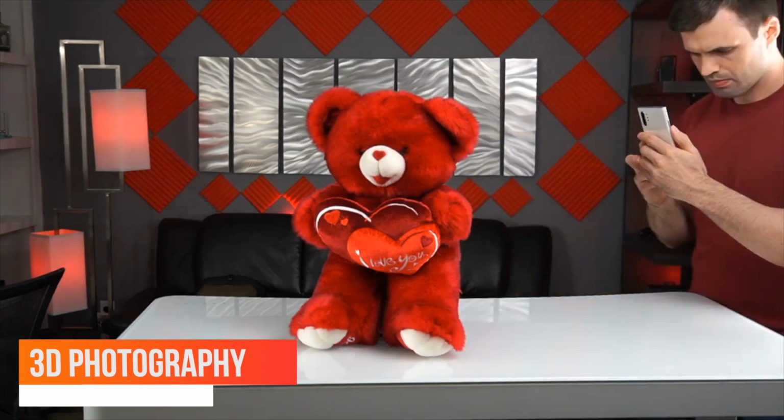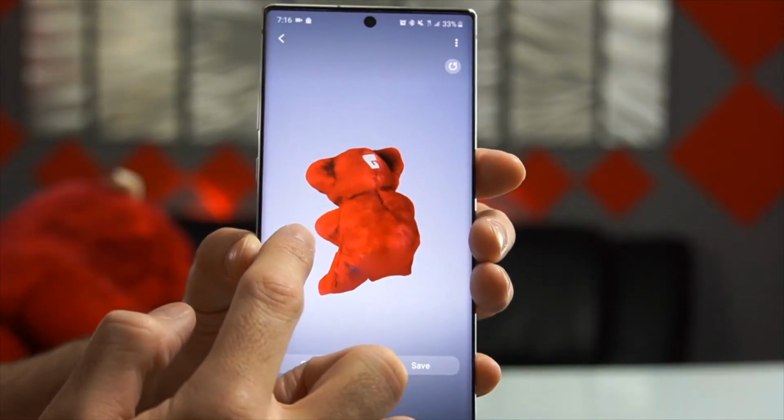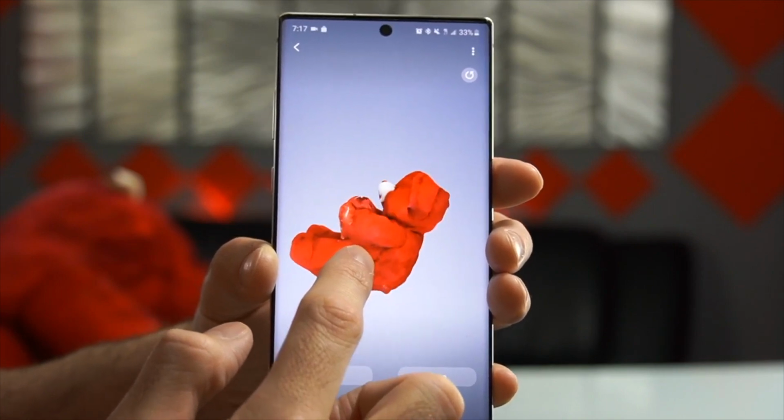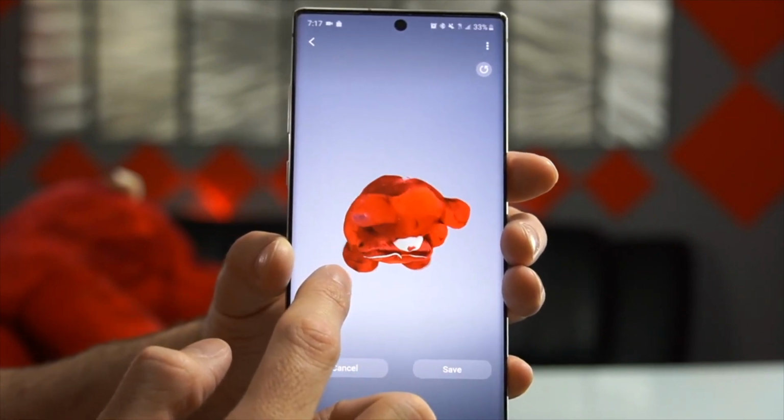And the number 5 thing is 3D photography. You can see on the Samsung Galaxy Note 10 Plus, you have 3D photography, and that is the reason you can capture someone's face or body and make it a 3D photo. So it is really cool that you can scan someone and after that get a 3D photo. In future, I am thinking that they will produce some applications with the help of those. You may be able to animate all those 3D photos, so that will be really cool. So those are the top 5 things you can do with the TOF sensor.